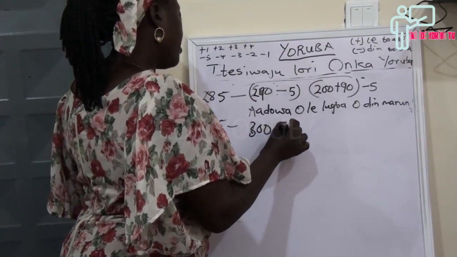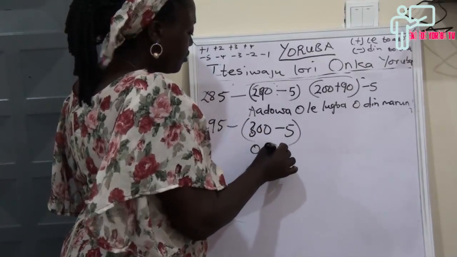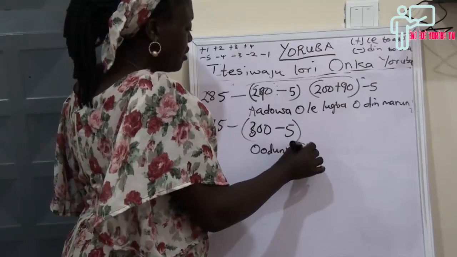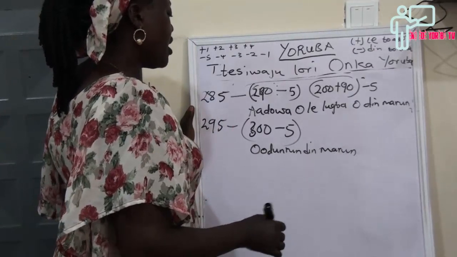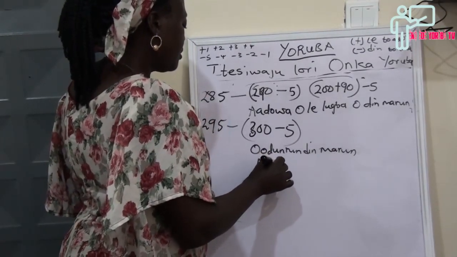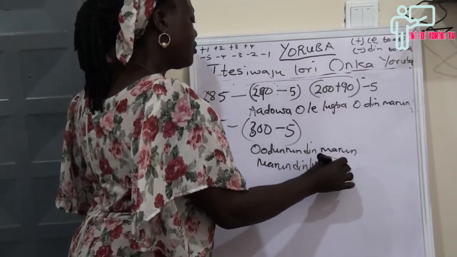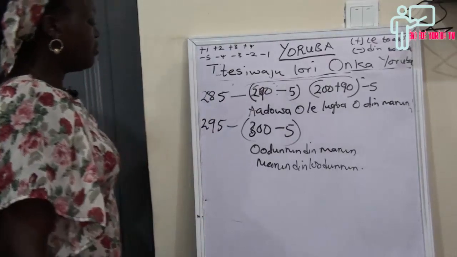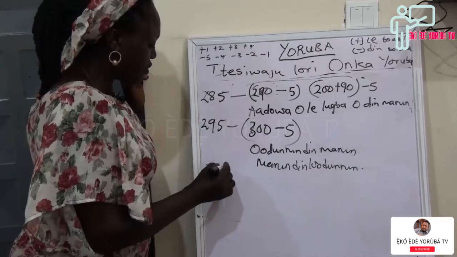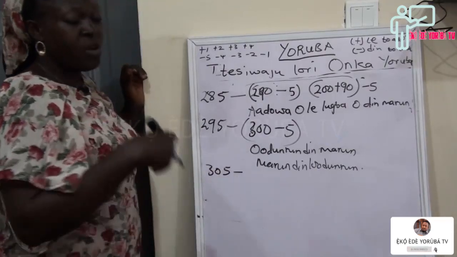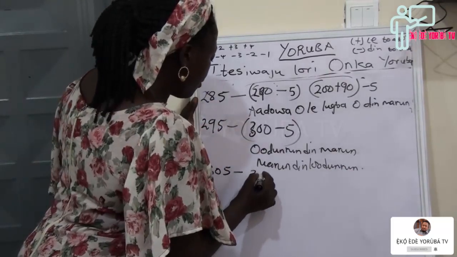300 minus 5. So you can say ọdún dín márùn. Or you say márùndínlọ́ọ̀ọ́dúnrún. Márùndínlọ́ọ̀ọ́dúnrún. Likewise, when you are writing 305, it will become márùnlélọ́ọ̀ọ́dúnrún. Márùnlélọ́ọ̀ọ́dúnrún,